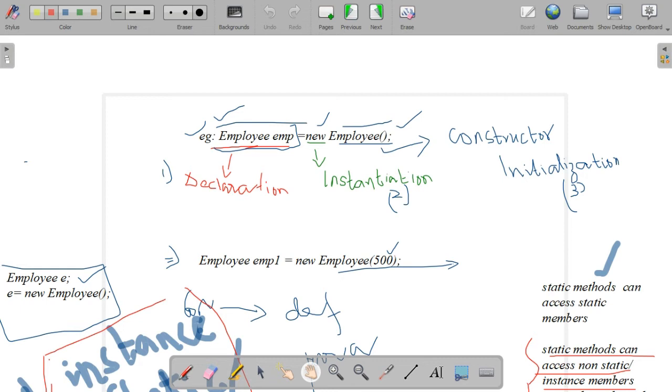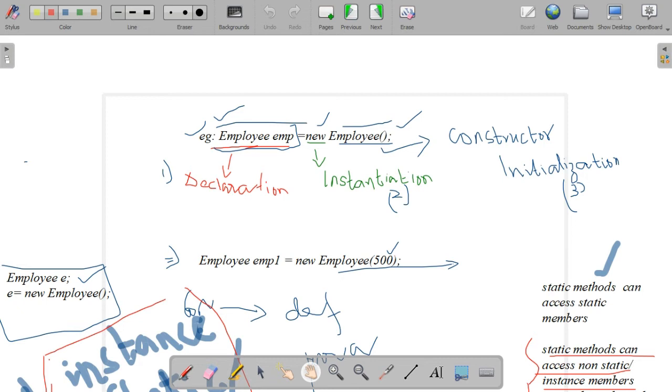Only one copy is there. A static variable means all the objects of that class share this variable, because only a single copy is available in memory. That copy is shared by all the objects we create. But in the case of instance variables, according to how many objects we create, each has its own copy. So as many objects of a class are available, that many copies of the instance variable will be available in memory. Okay, so these are chapter 5.